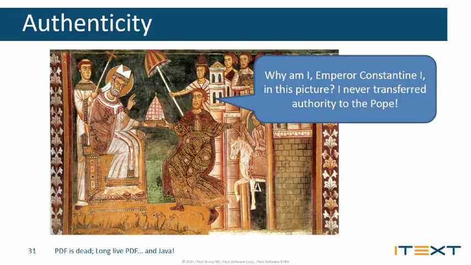Now this is another slide, and we see the Pope Sylvester, and we see the Emperor Constantine, and Constantine is supposed to have handed the deeds to the city of Rome and the Western Empire of Rome to Pope Sylvester. That is supposed to have happened in the 3rd century. And this deed was used in the 8th century by the Pope, who said, I have all the supremacy over Rome and the supremacy over the Western Roman Empire.